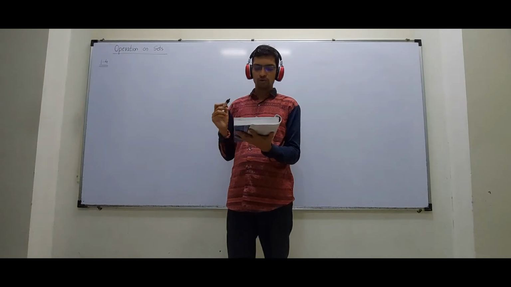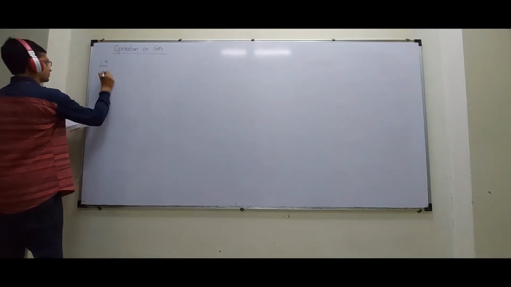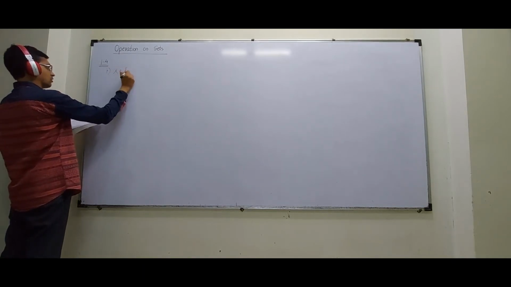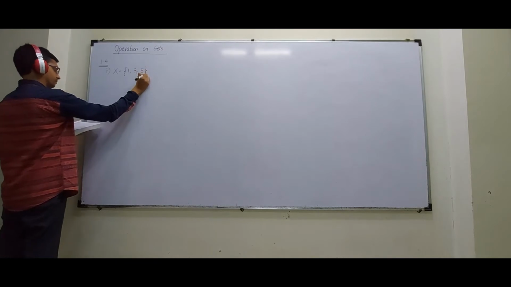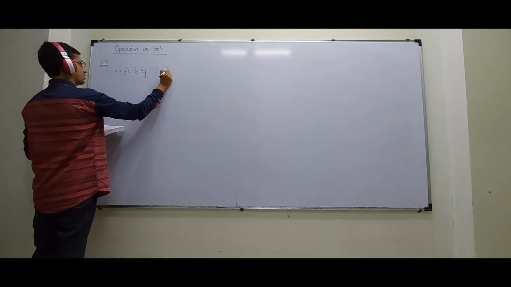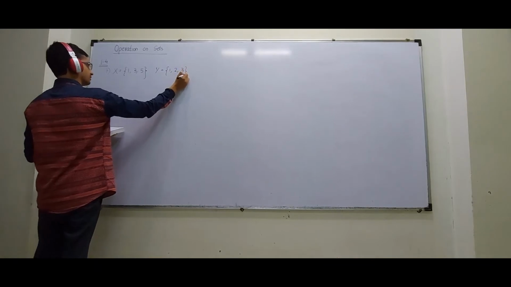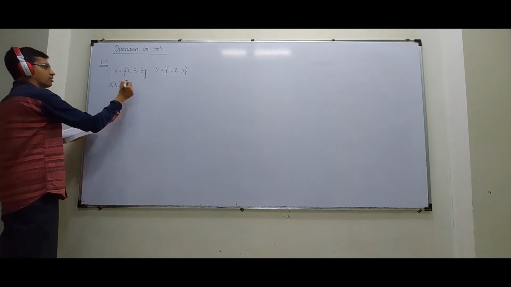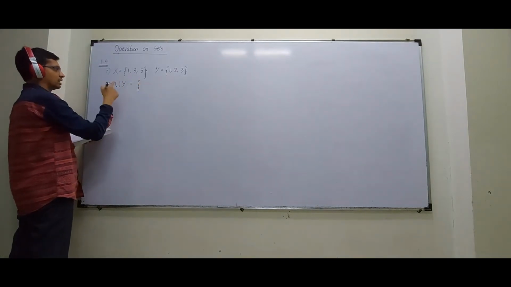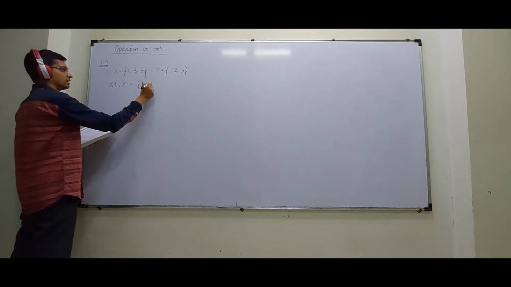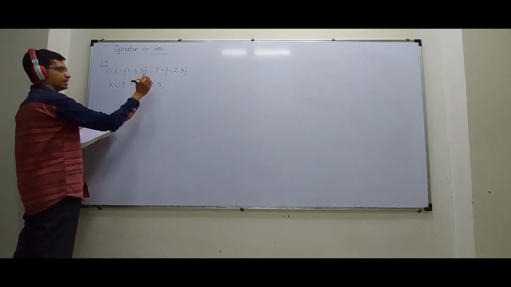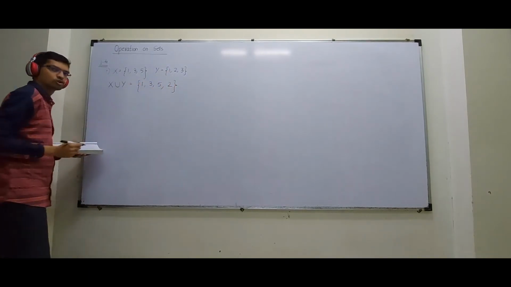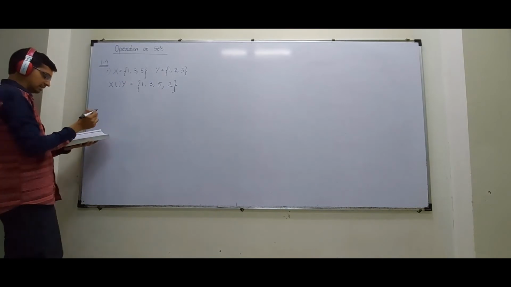First one, find the union of the following pairs of sets. I'll take the first one in that: X is given as 1, 3, 5 and Y is given as 1, 2, 3. I want to find the union. So X union Y. What will I get? As usual, I'll copy the first set. So 1, 3, 5 I have copied. From Y, 1 is already there, 2 is not there. So I'll copy 2. Then the second one you will do.